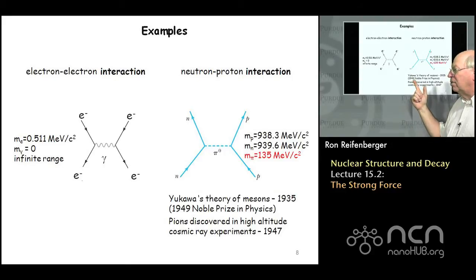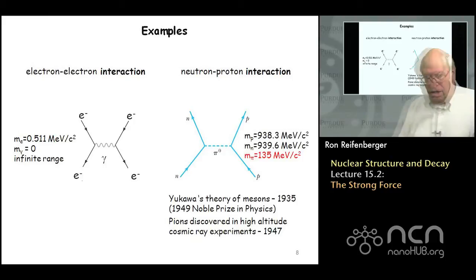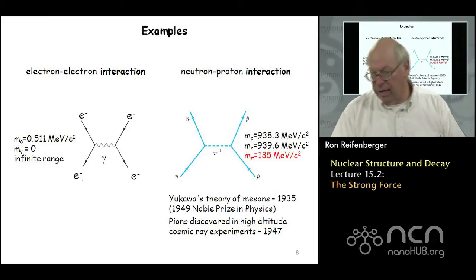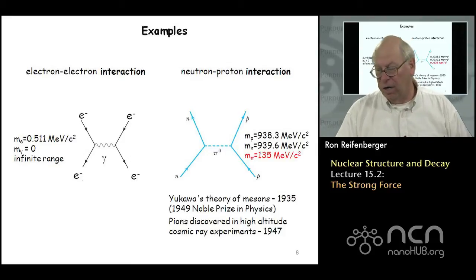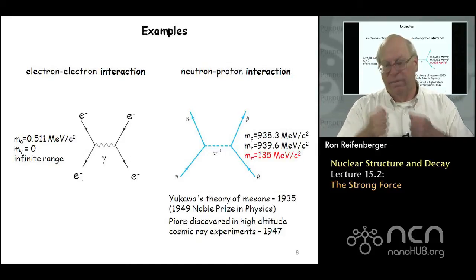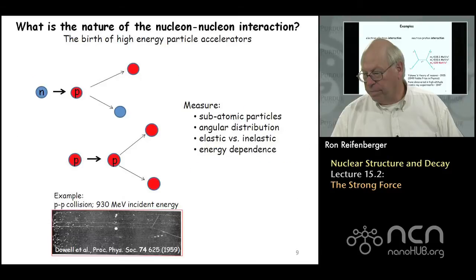It turned out this idea of a virtual exchange of a particle between these fundamental particles, the neutron and the proton, was confirmed when the pion was finally discovered in 1947. And Yukawa got the Nobel Prize in Physics for 1949 for developing this concept of a virtual exchange of particles to describe nuclear forces. Now,